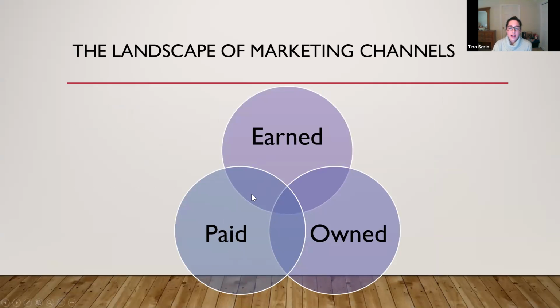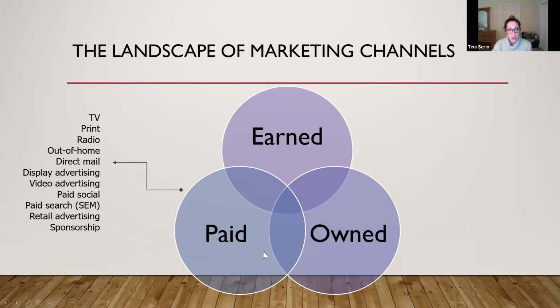So as you probably know, there's a lot of different channels. Specifically, the way that I like to break out marketing channels is into paid, earned, and owned. So paid marketing channels would be something like television advertising. A paid digital channel would be paid social. So this is like when you are actually creating a Facebook ad, versus earned, which is where you might earn a share, earn a like from posting organically and having people either share or comment or interact with your brand. In the traditional sense, earned would be like PR. So you're getting press for your business.